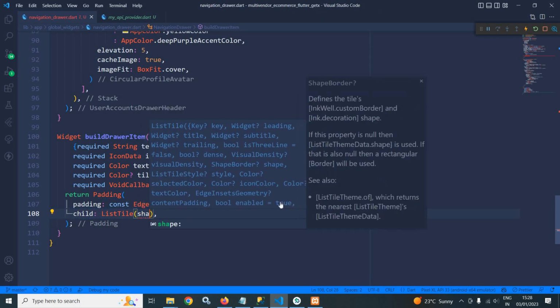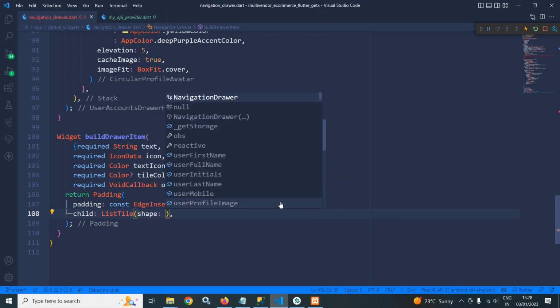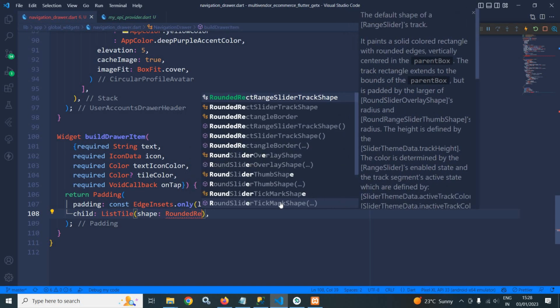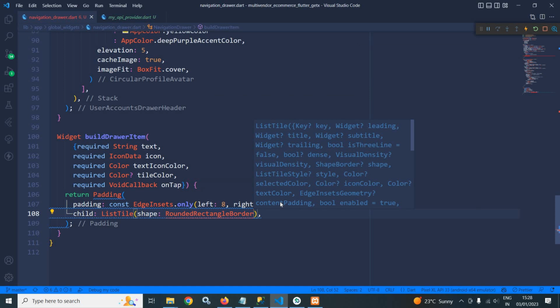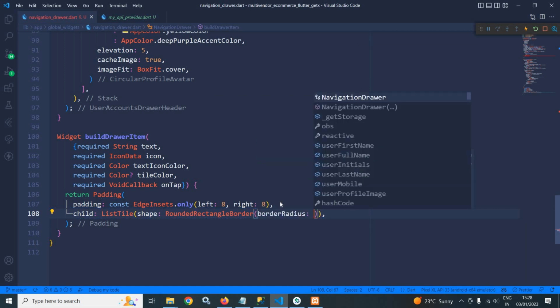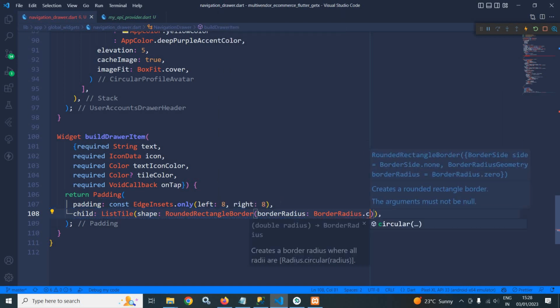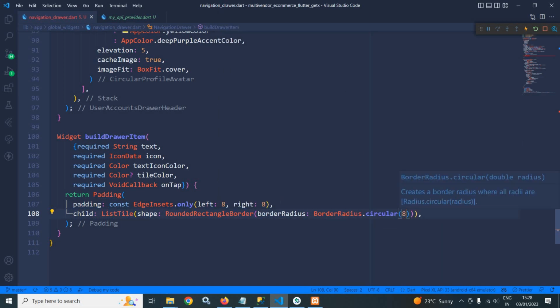In the list style I will use shape. In the shape I am using a rounded rectangle border, and I am passing the border radius. In the border radius I am passing border radius dot circular, let it be 8. Okay, now